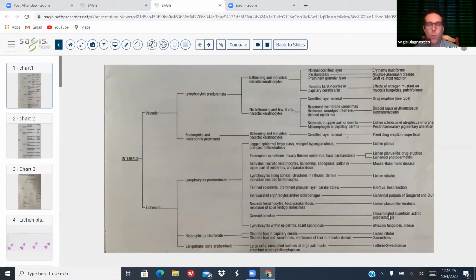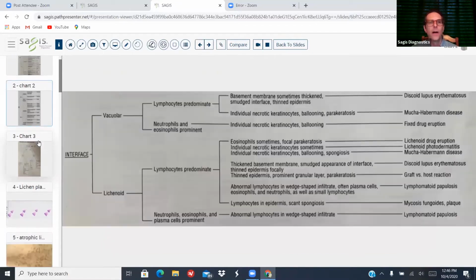A lot of times on the board exam, you won't have a clinical image, because obviously with the clinical image it will make it much easier to differentiate, and they're going to want you to differentiate them based on the inflammatory pattern. Okay, the second slide here shows when it's superficial and deep,